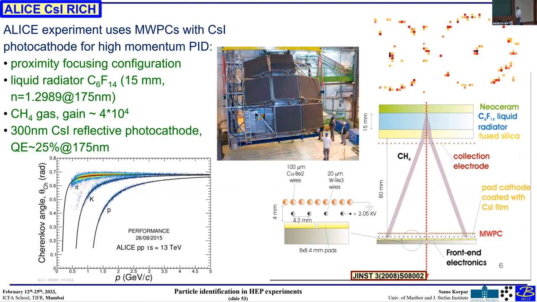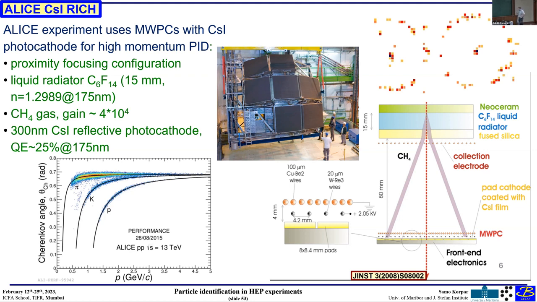And because the charge is spread over many pads, you get clusters of hits when you detect your rings. But you get nice rings and a nice separation in such a chamber. The gas is typically methane, something that allows very high gains because you only start with a single